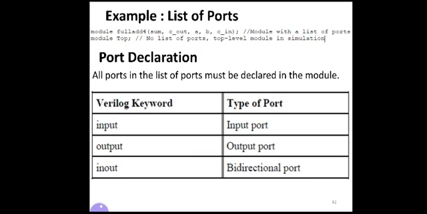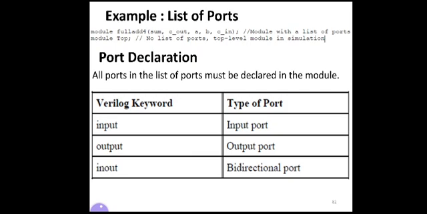Whereas we have another module that is called the top level module, top. So module is a keyword, top is the name of the module. It does not have any port list, so we just put a termination sign, that is a semicolon, because there is no list of ports. Top level module in the simulation does not have a port list.